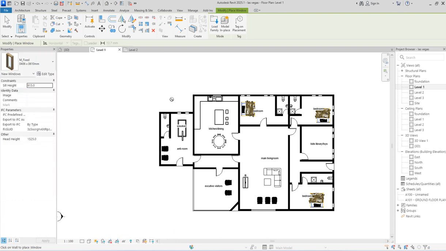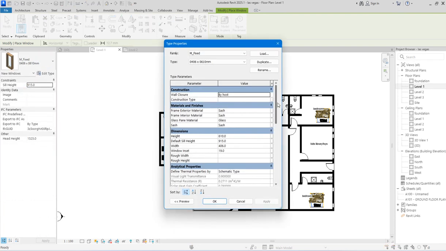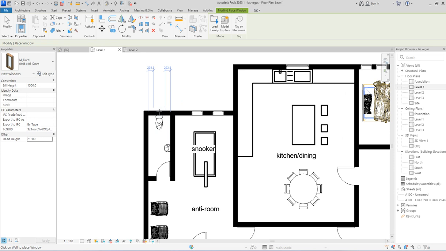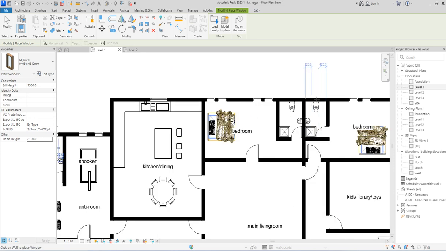So I'm selecting this, edit it with my taste. So width, I'm changing it back to 600, then this one to 600. Click OK. This I change to 2100, and then you start placing this where it's supposed to be.